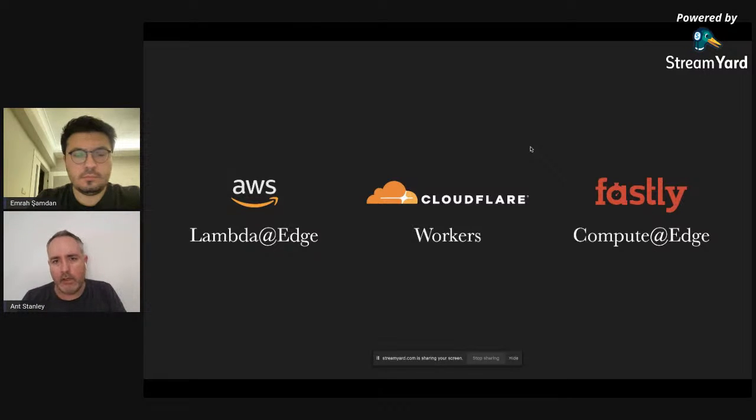I'll get back into it. Cloudflare subsequently has released their Workers. Fastly had their Compute at Edge, and there's a few other offerings out there now. I'll go into those later, but I want to concentrate on these 3 because they're all very different and they all have different characteristics. I talked about Lambda being the first of the modern edge compute platforms, and actually